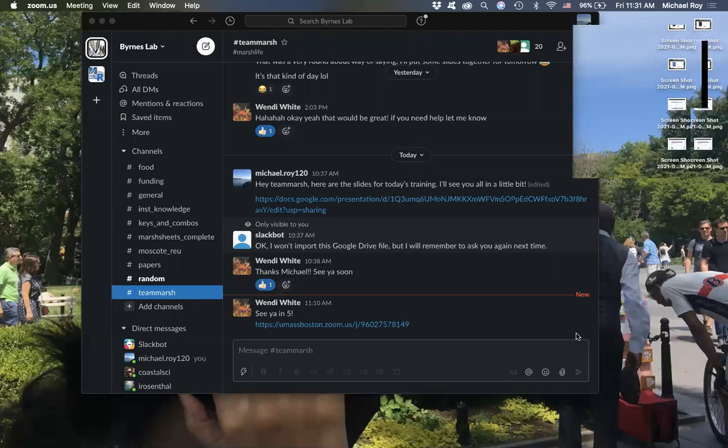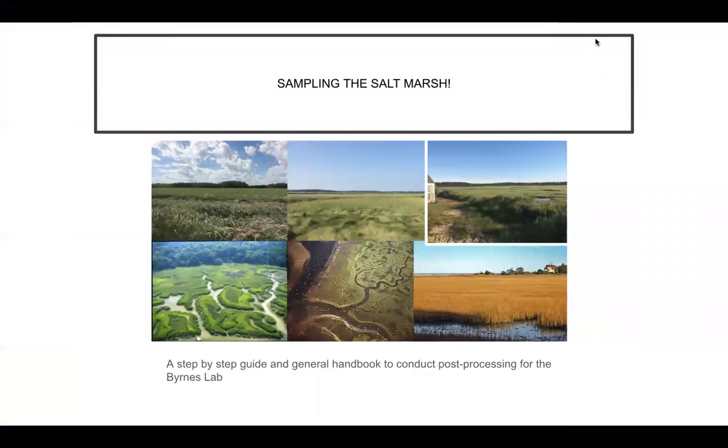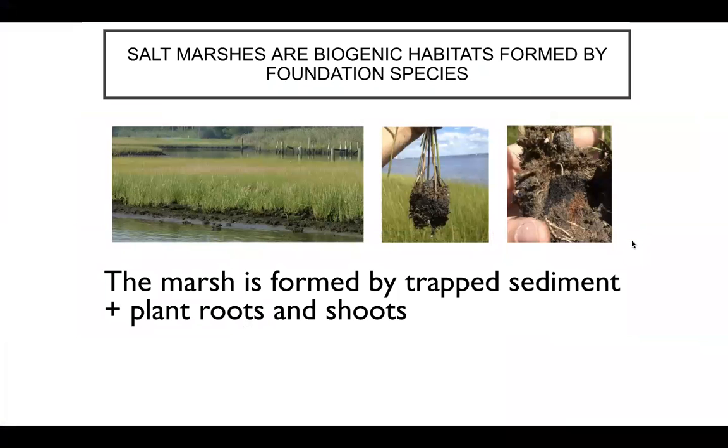Perfect, awesome. Okay, so the slides that I set up are very similar to the slides for the vacuum samples and for the grass samples that we were looking at. So I just kept a lot of the intro stuff the same, just as an overview. So I'm just going to skip over all of this stuff, which is just the basics of